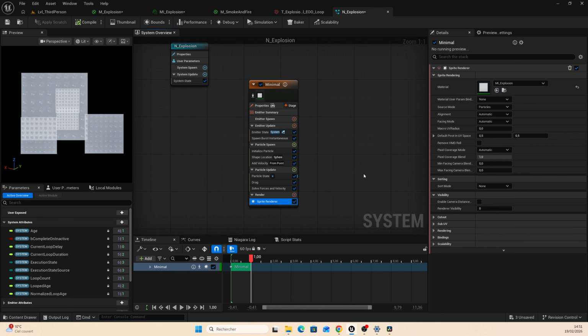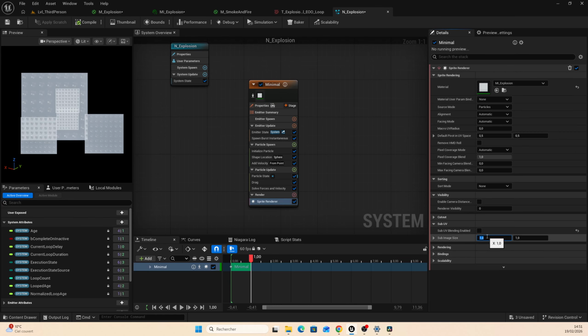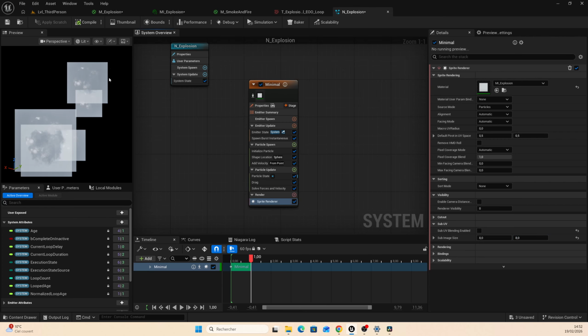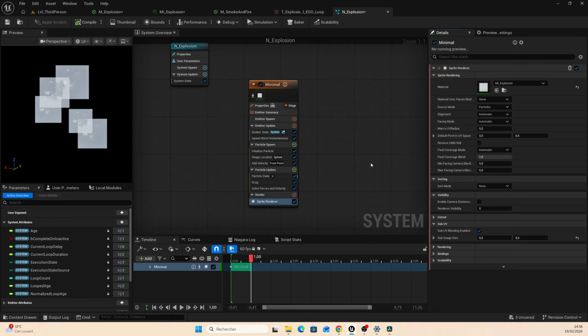instance. Okay, now go to sub UV, and because our texture is a grid of 8 by 8, we need to type 8 by 8 here, so that we have only one image per frame in our square. Also, we are going to enable sub UV blending. This option creates a smooth transition between our animation frames. Instead of jumping from one frame to the next, it blends them together, making the explosion look much more fluid